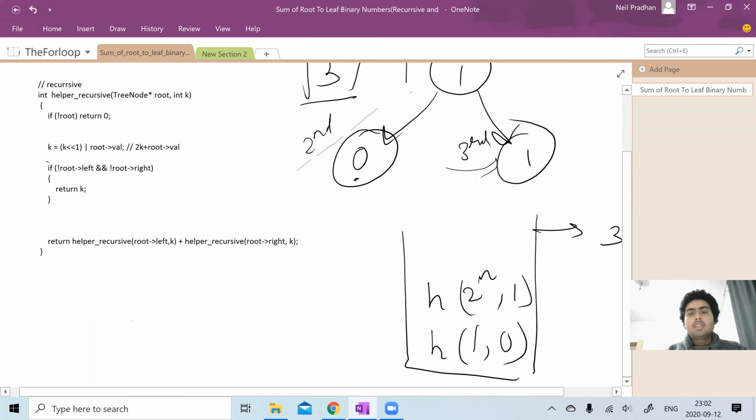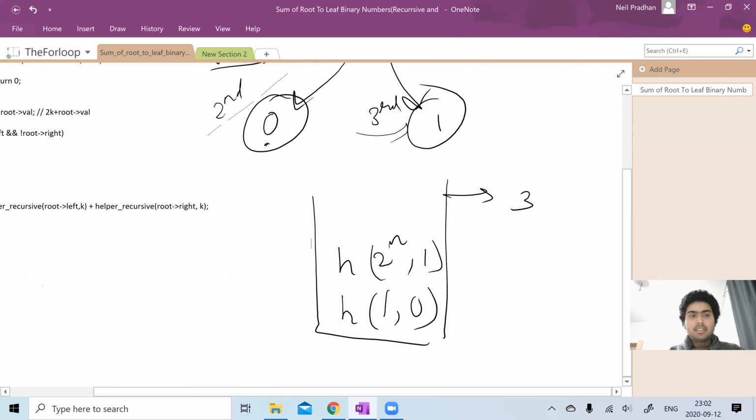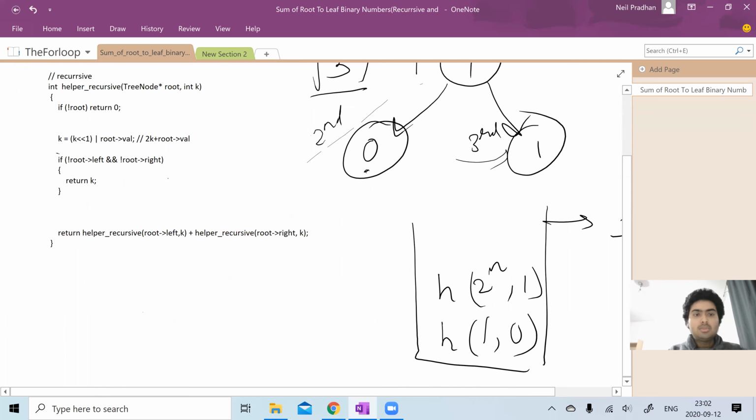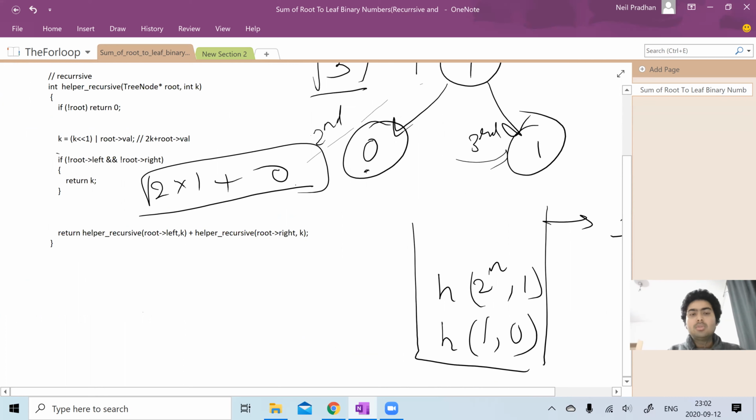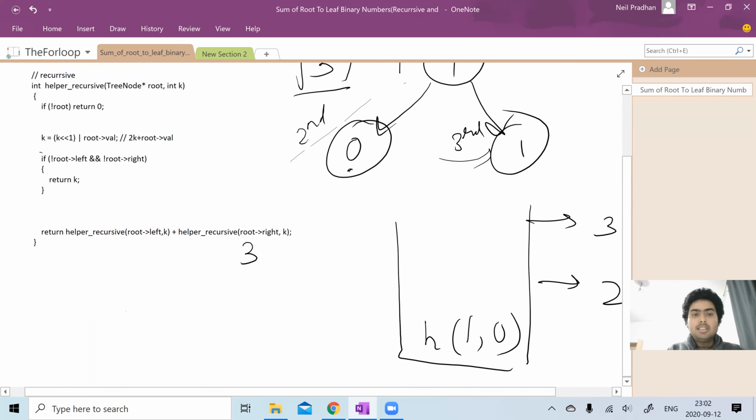Now when we pass on the second node, k is 1, so 2 times 1 plus root dot val, which is 0, right? So k becomes 2, then we return 2, and this is out. So now this is 3, this is 2, right?